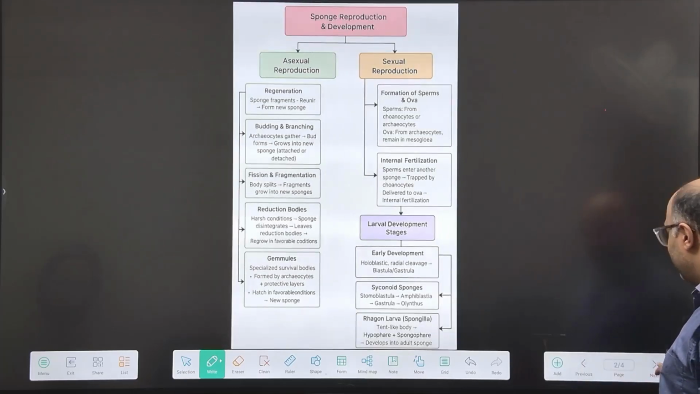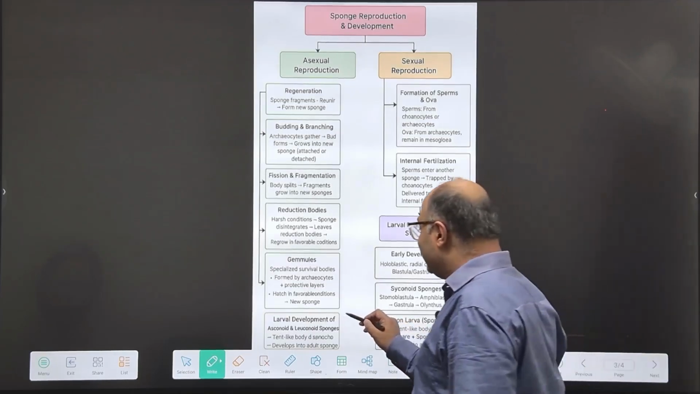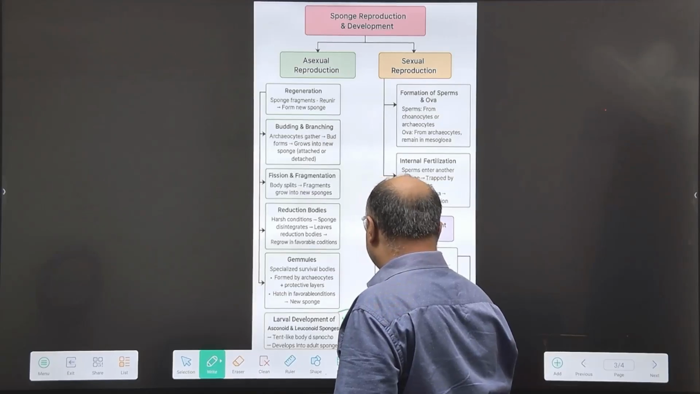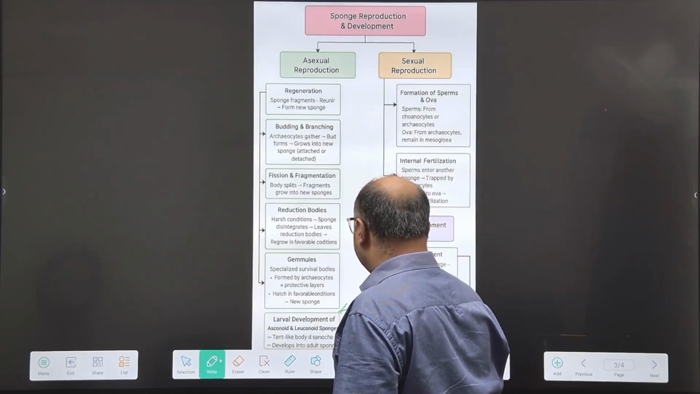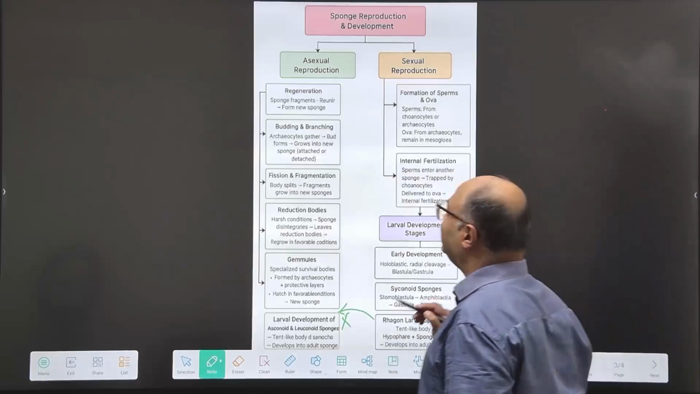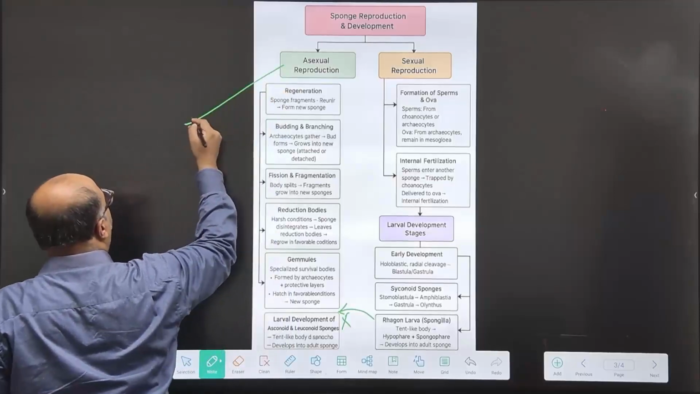Fine. So these are the reproduction strategies in sponges. Of course, this column is slightly mistaken. This has to be shifted here. This is a kind of sexual reproduction strategy in sponges, not an asexual reproductive strategy. Okay, talking about asexual reproduction. One of the common